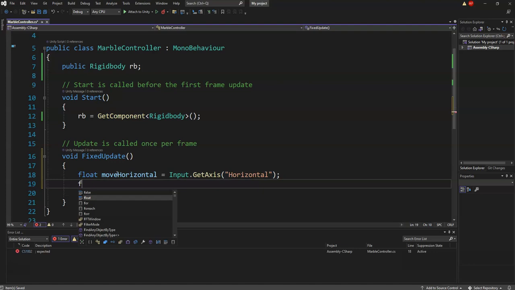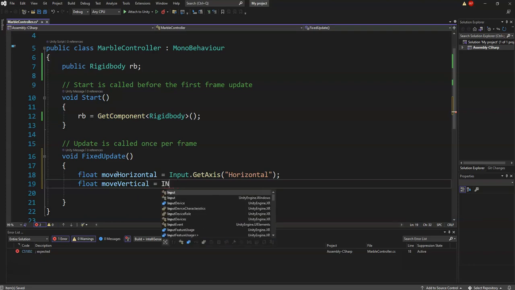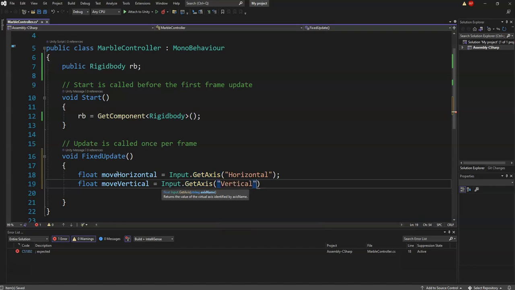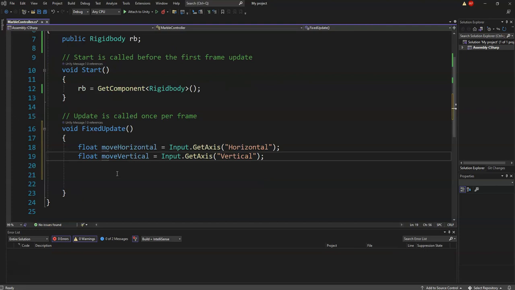We're basically going to do the same thing. We're going to do a float moveVertical, and we'll do Input.GetAxis, and we'll use the Vertical one. And again, make sure you spell Vertical correctly. Now, let us create